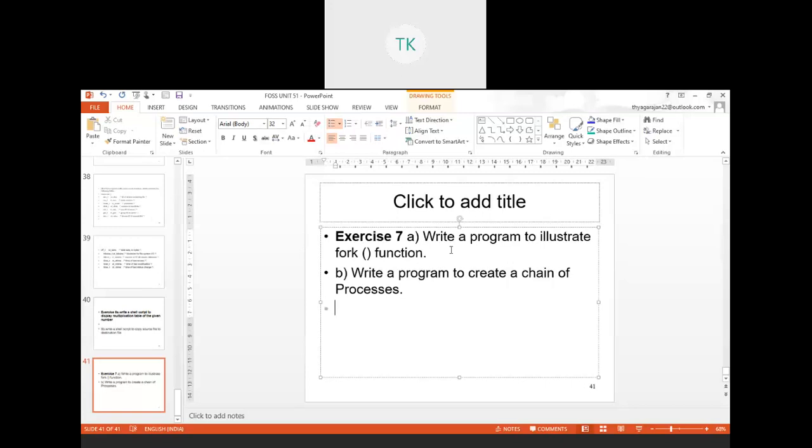In order to execute this program, we require a compiler. We call it the GCC compiler in the Linux environment, right? We already practiced how we are going to execute it: gcc space program1.c.